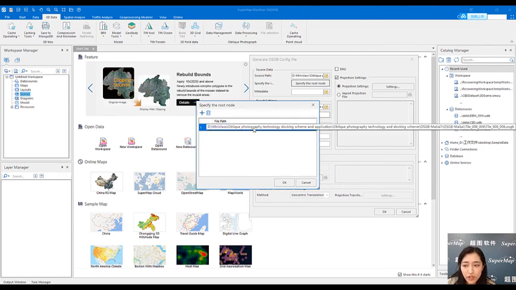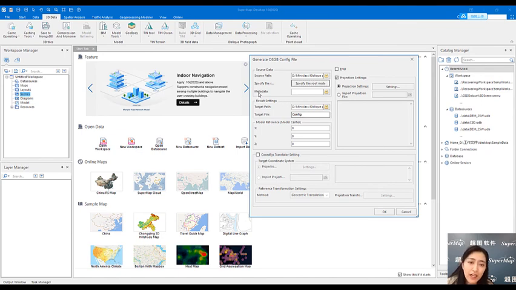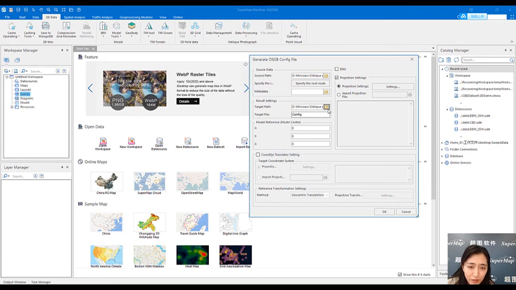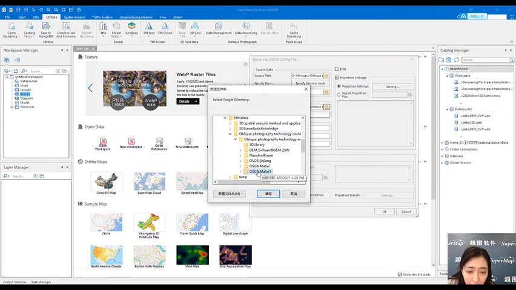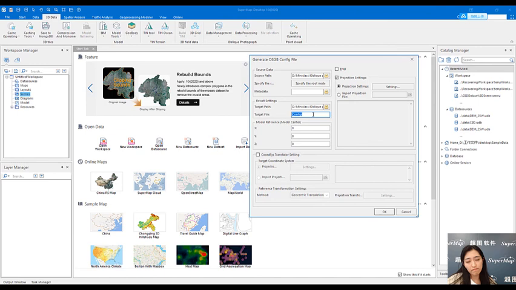So our root node is this tile 008001, so that is automatically selected. And then if you have the metadata, you could select it. And then let's select the results path and select this Mosaic 1, and change its name